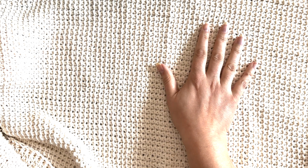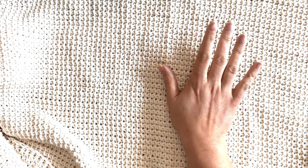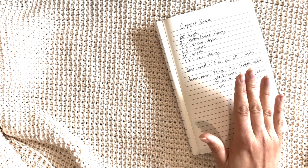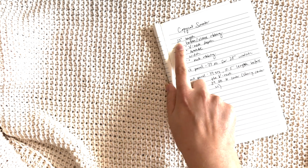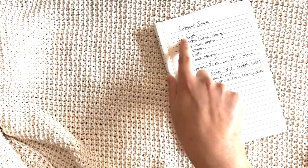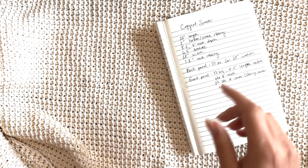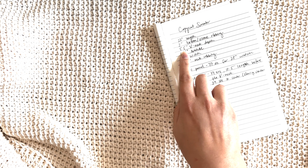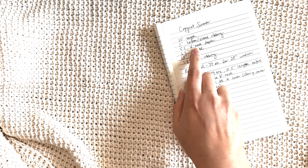Hello, I've gotten so much done since the last time that we talked. I have the entire back panel finished, as well as almost done with the front panel. So for this Copycat sweater, I'm using measurements that I took from a sweater that I already liked the fit of in my closet. I knew that I needed a 22-inch length from the top to the bottom of the piece. I need a 3-inch bottom and sleeve ribbing, an 8.5-inch V-neck depth, which we'll talk about in just a minute,